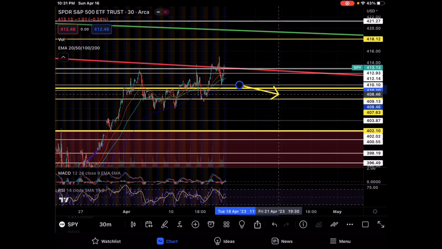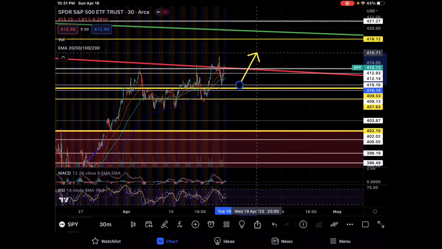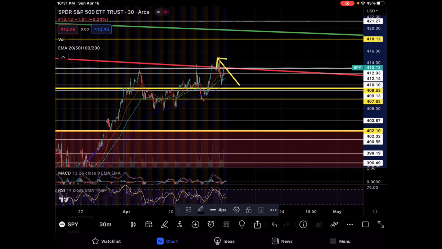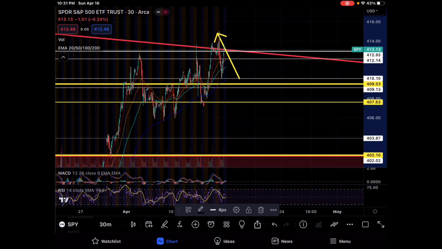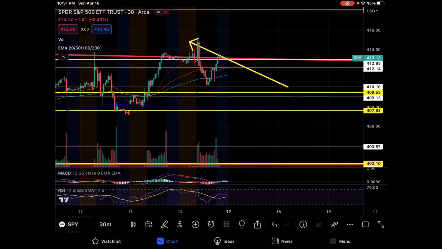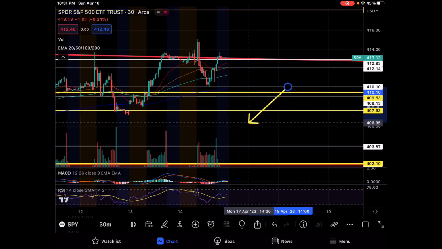I could be proven very wrong. It could be that we flag out in the morning and consolidate and go for a run up. That's a possibility, but I'm not seeing that playing out right now. I think when I look at the 30-minute time frame and I see the information I'm seeing, it looks like, and especially with Bitcoin kind of losing itself right now, it could regain overnight, but I just get the sense that we've got some gaps that we need to come down here and fill.